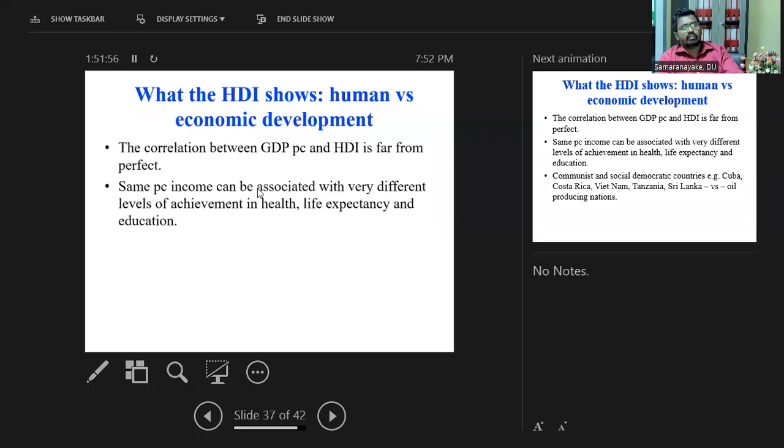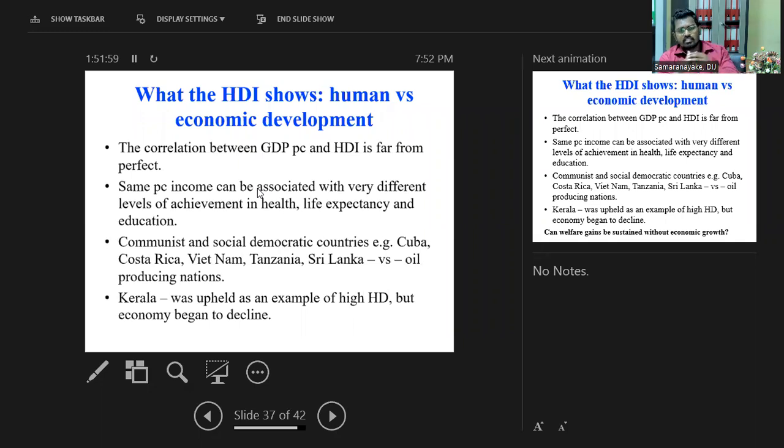Anyhow, finally what we can say is that this HDI says something about human development, which is better than the economic growth measure. It says something about human enhancement, some uplift or improvement of the lives of human beings. But even though we saw the criticism, it is not a great measurement; however, it is better than economic growth and says something about development better than economic growth, which is good.